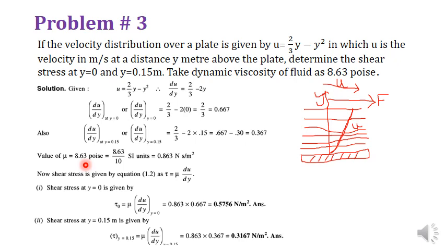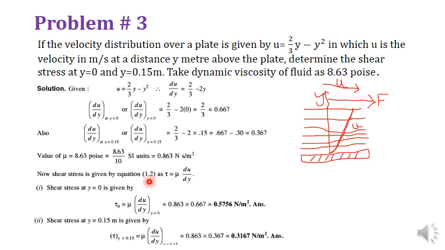Your viscosity is in terms of Poise, the value is 8.63, and the relationship from the CGS system to the SI system is this factor of 10. If it is needed to convert from SI to CGS, you multiply by 10. If from CGS to SI, you divide by 10. So this 10 is the related constant. You divide by 10 and get 0.863 Newton second per meter square, because all of your values are in the SI system.